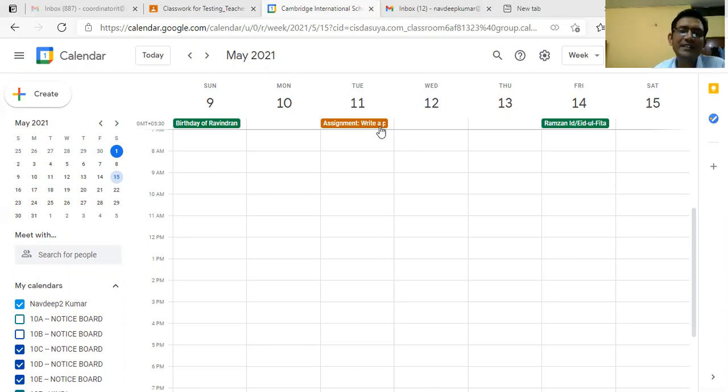Whatever assignments and major topics we are assigning to the students will be embedded in your calendar, and from your calendar you can easily look at the things that you have scheduled earlier, and later check them in your Google Calendar. I just want to highlight how the assignments and the things that we assign are viewed on the Google Calendar.